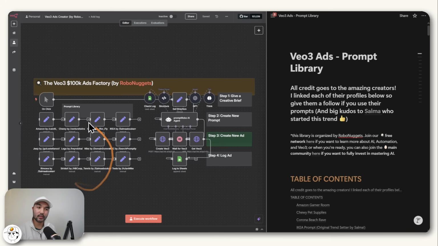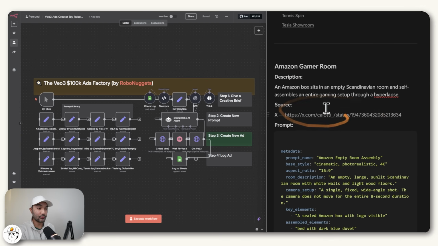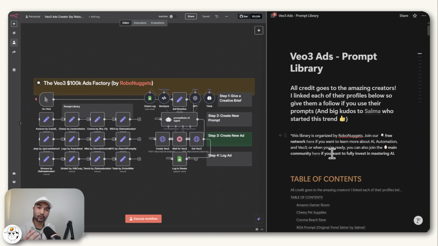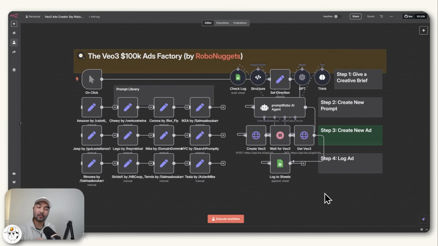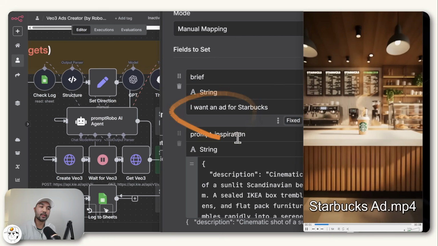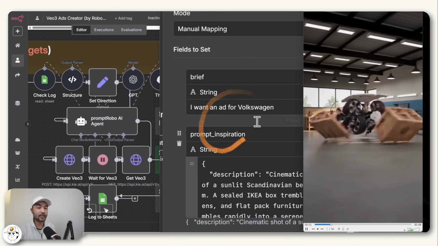In this video, you'll learn how to automate these golden prompts, which I organize here in this document with proper attribution to their creators, of course, and which I'm sharing as reference for you so that you can instantly customize them for any brand just by typing a brief for your AI agent here, and even generate videos in vertical